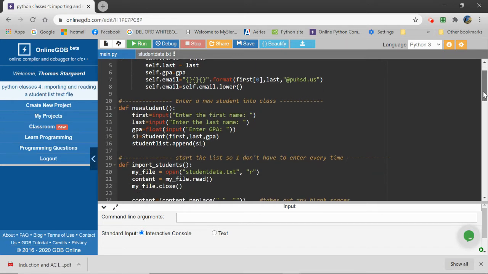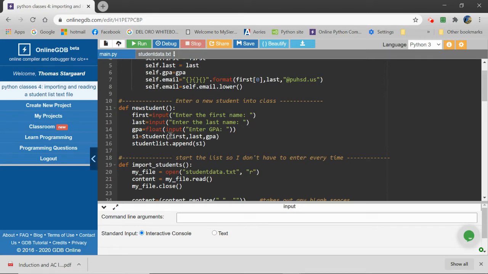I'm just going to go through each one of my different things. So for a new student, I'm entering a new student in. I define new student as the name of my function. I'm not passing anything into it. I'm going to have first input the first name. You guys also error check the name. I'm going to have last input the last name, GPA, and then I'm telling it that it's going to be expecting a float, which is a decimal number,